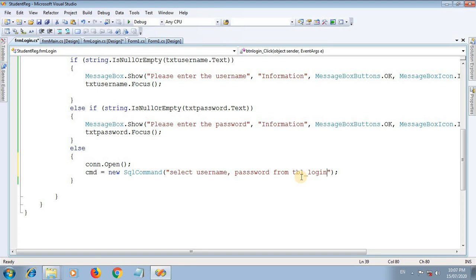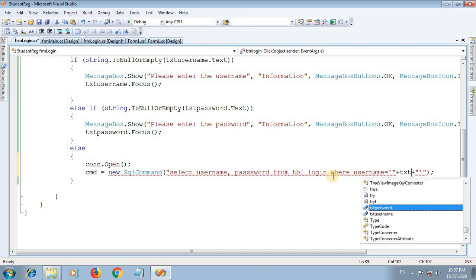from table login. So select username, password from table login where condition, where username is equal to. How can we get a value from the text box here? Just watch carefully: single quotation, double quotation, plus plus.